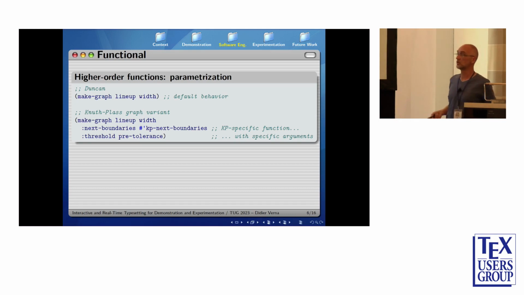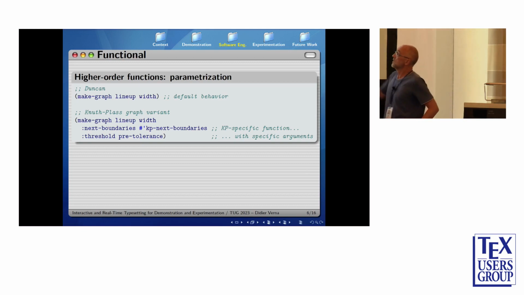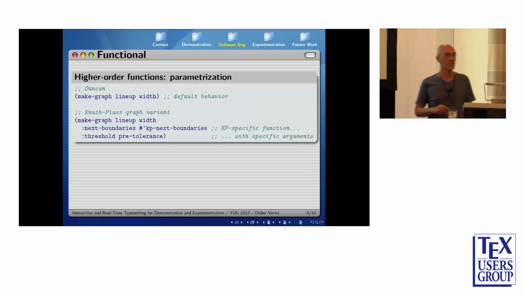My implementation works like that. There is this function which creates a graph. But the graph can be used by any other algorithm, because if you have all the possible solutions, then you can just optimize over them, and that's all, okay? So the graph version of the Knuth-Plass algorithm will naturally use this function to compute the graph, but there